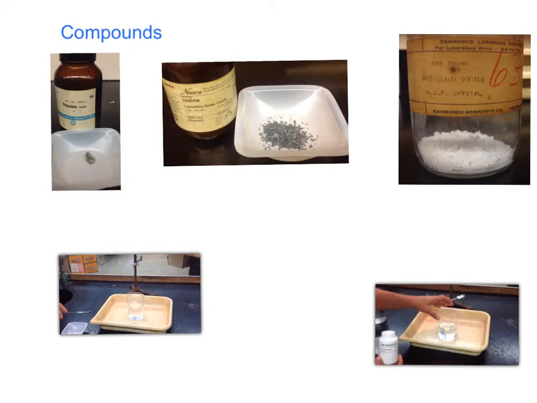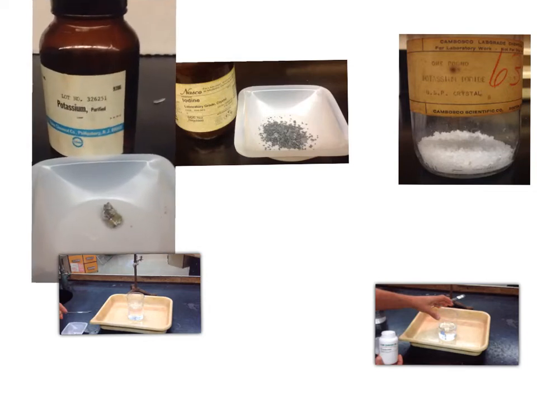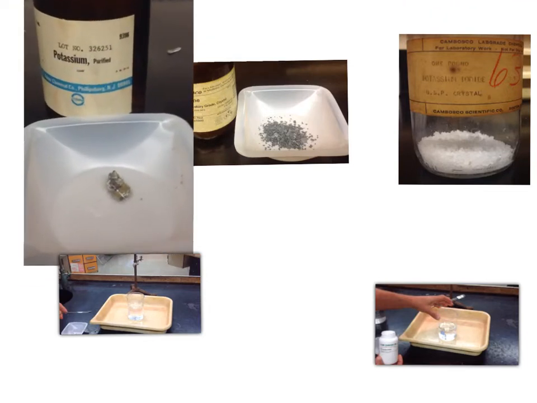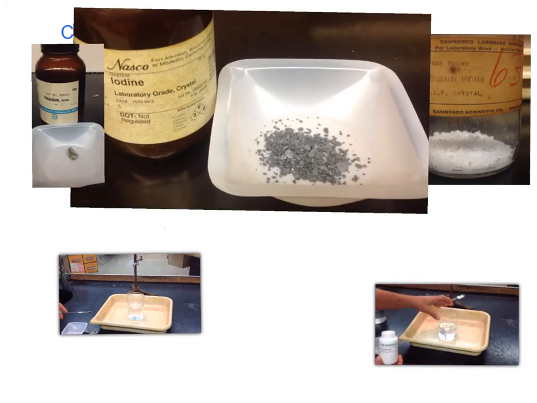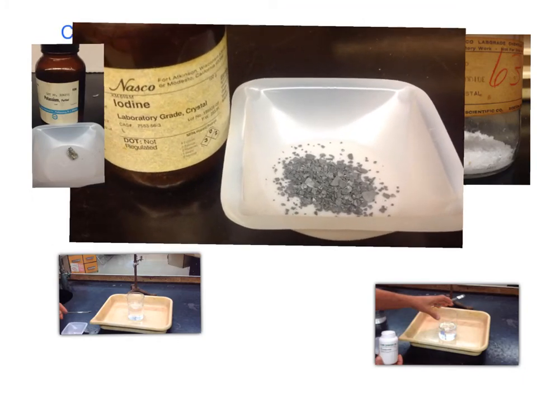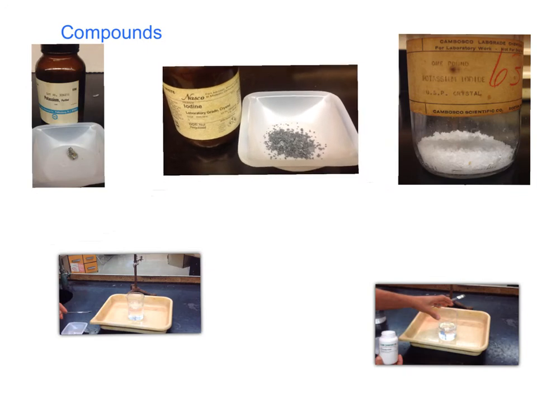So as we can see, here is potassium. It is a pure element, and it is a shiny and very malleable and easy to cut metal. I just took a blunt, butter knife type thing and lopped off a chunk of it. And then we're going to combine this with iodine. Iodine's another element, I2, and you can tell it's purplish gray powder looking stuff. Nothing too exciting. But when we combine them together,